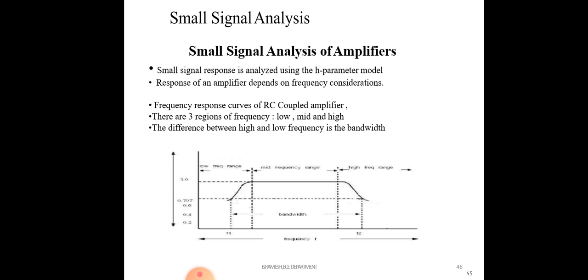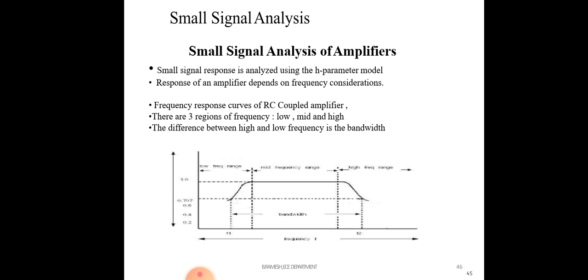Why are we discussing this biasing technique? Because of the drawback in the common emitter configuration. We are designing the amplifier using a common emitter configuration. In common emitter configuration, the leakage current always increases. That is called thermal runaway. So we have to make the IC current constant, so we can make the operating point stay in the active